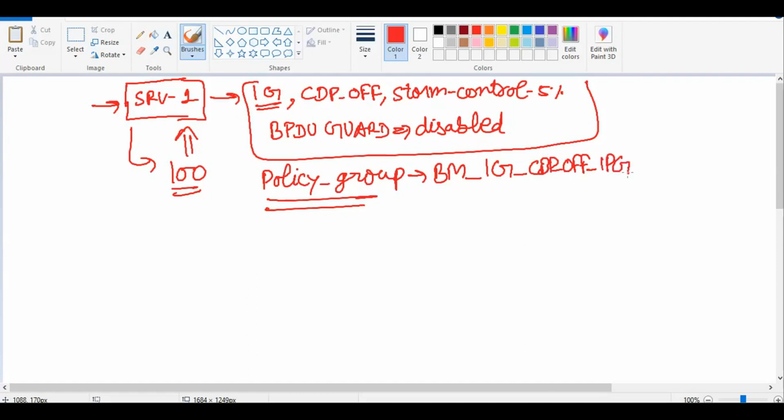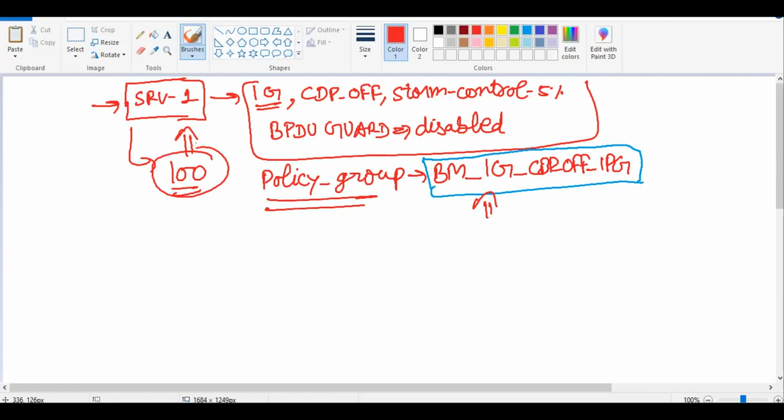So we have created a single policy group, and we will reuse it for these 100 servers which will be connected to ACI. So this is the benefit of ACI, right?